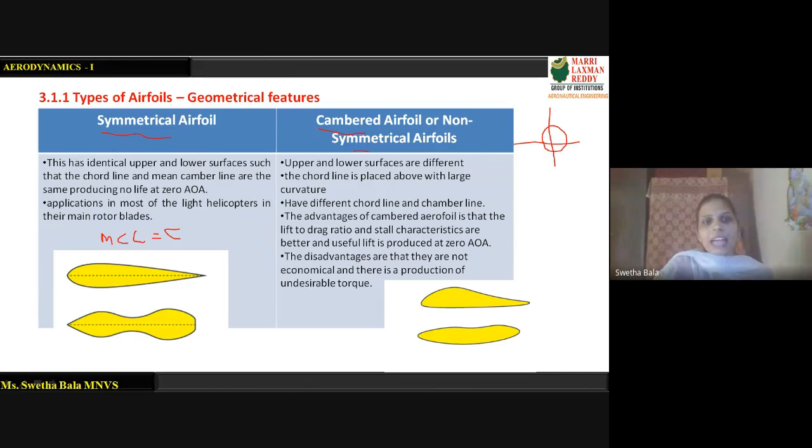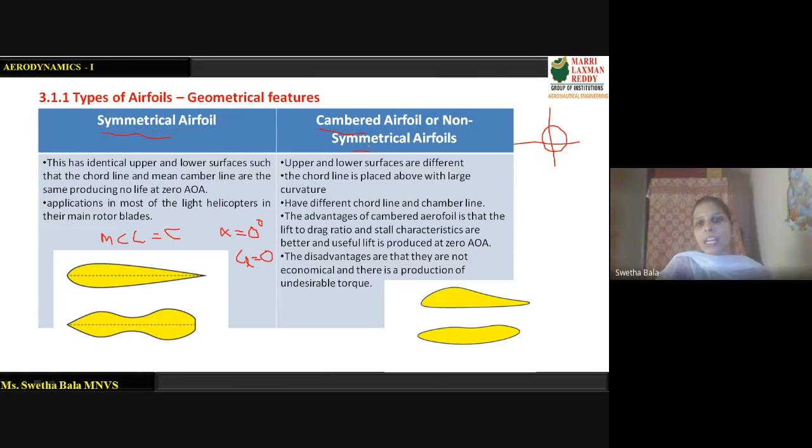And the other characteristic is that at alpha equal to 0, this we will prove also in the thin airfoil theory, if alpha equal to 0, the coefficient of lift produced by that kind of an airfoil is also equal to 0. The second one is just a shape. It is not an airfoil. It's a symmetry, just to show what a symmetry is.